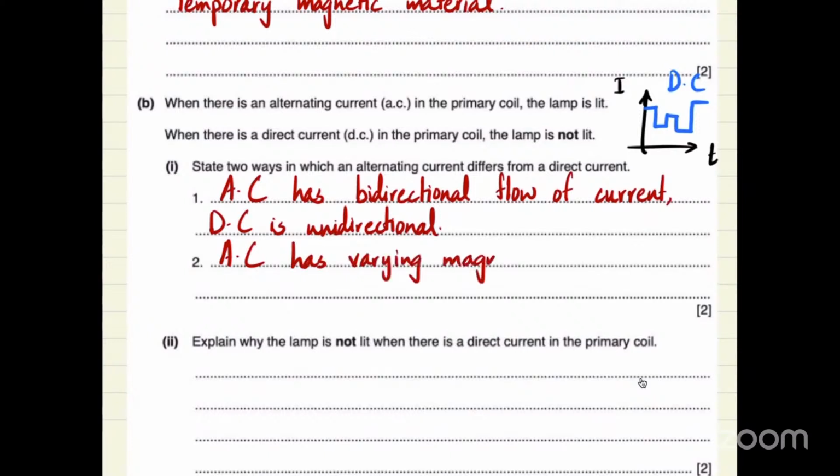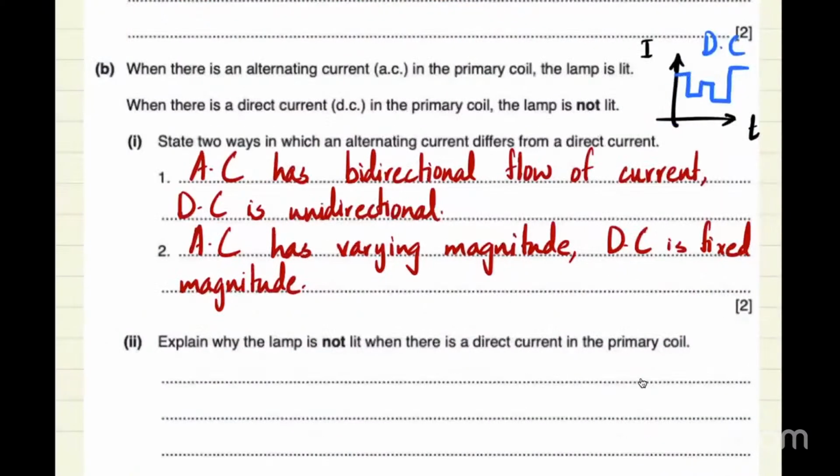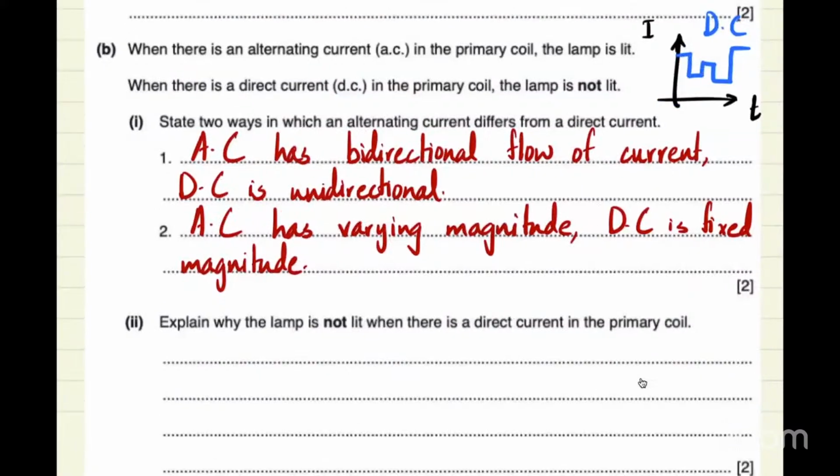लेकिन distinguishing number one है, DC is fixed magnitude। सही, DC का वैल्यू चेंज नहीं होता, AC का वैल्यू ज़्यादातर चेंज होता है, the more common ones। The one I just drew, this is like an extreme case। Explain why the lamp is not lit when there is a direct current in the primary coil। तो अब जिन्होंने मुस्तफ़ा के सवाल का जवाब सुना था, इसमें ये कह रहा है why the lamp is not lit when